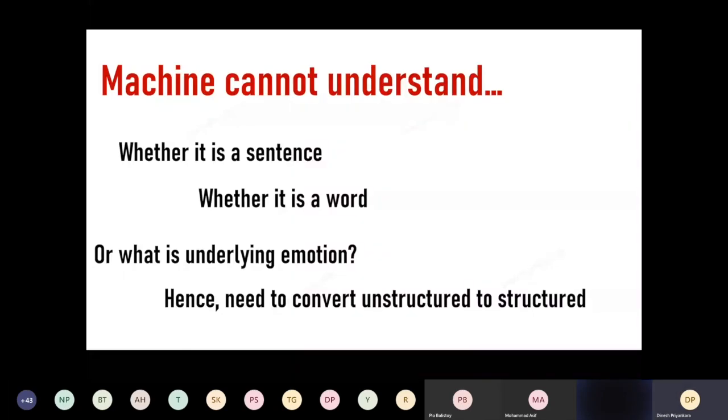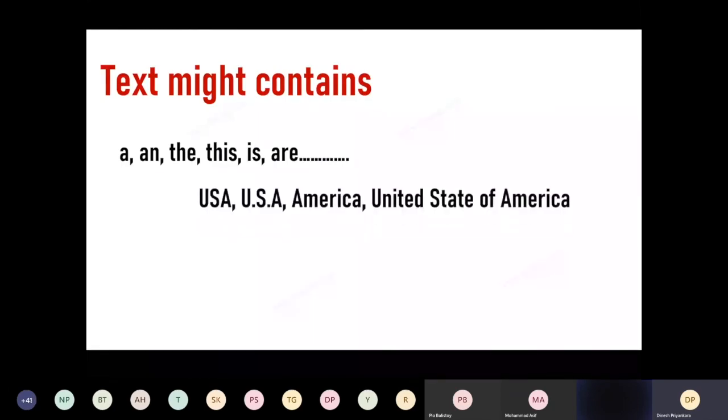There's another thing you need to consider. The text you pass for finding the sentiment, or even before training the machine, might contain a certain set of words which cannot be easily used for sentiment analysis. Things like this, is and are, or abbreviations like USA, America, or certain standards like this.